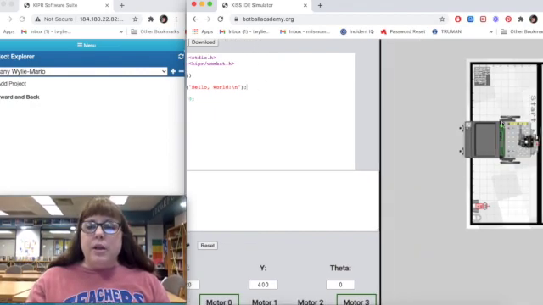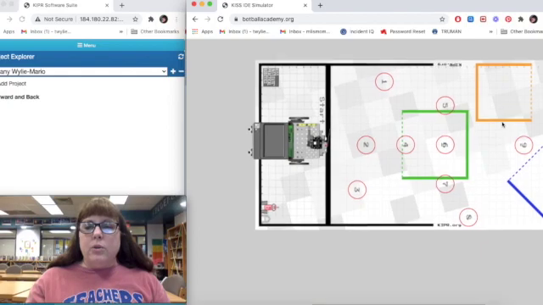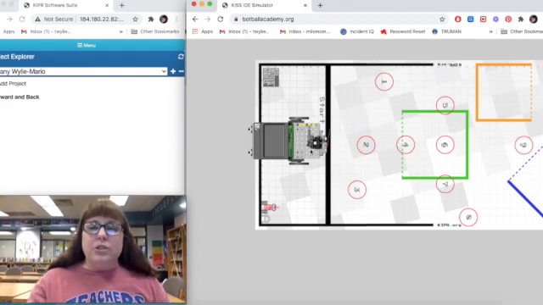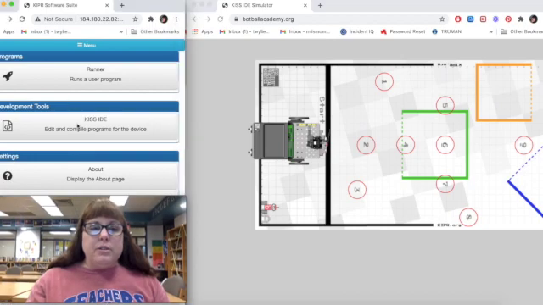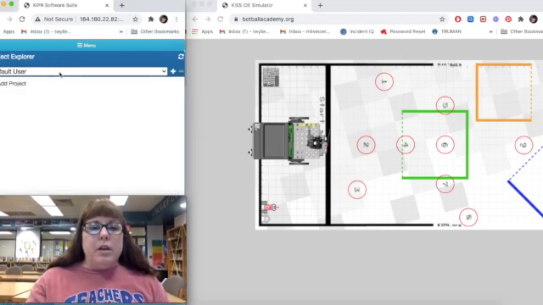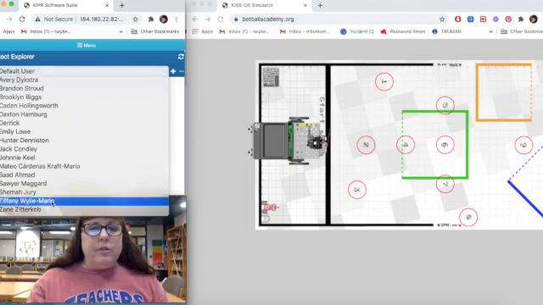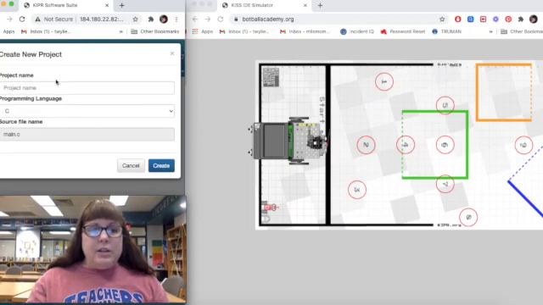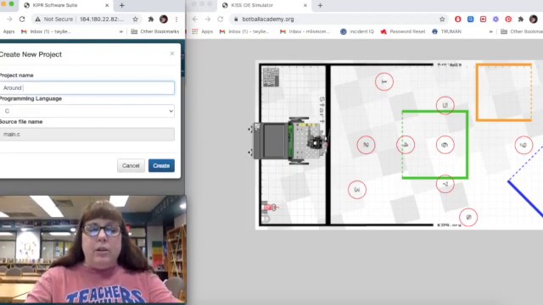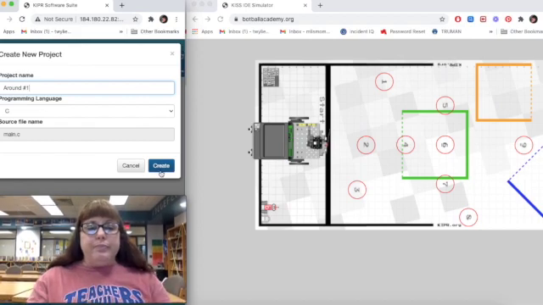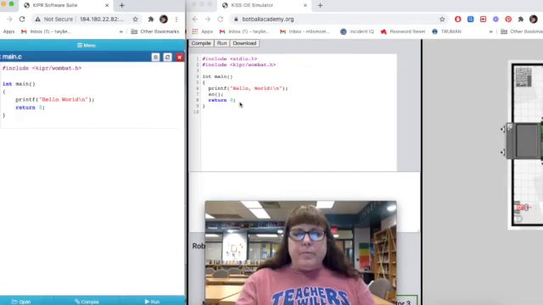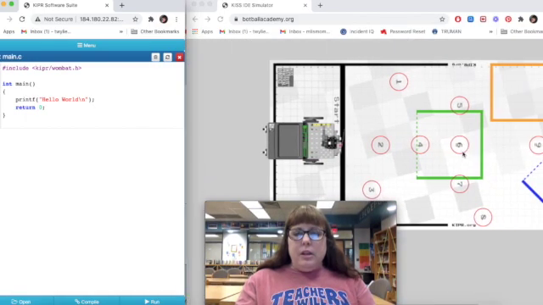The first thing, I'm going to try to write a code that has my bot go out around number one can, or circle, there's no can there, and back. So the first thing I'm going to do is over on this side, I'm going to find myself. I'm going to add a project name, and I'm just going to call it around number one. Okay, over here in the simulator, the first thing, looking at my pseudocode,